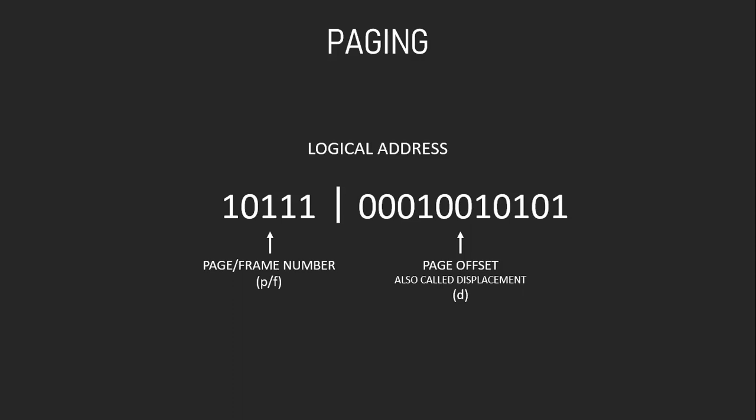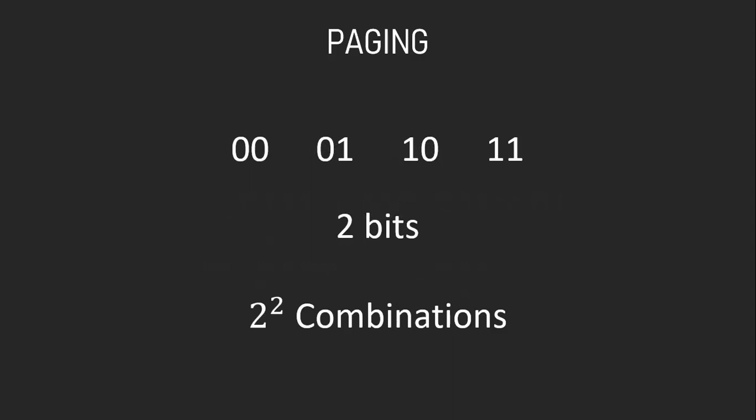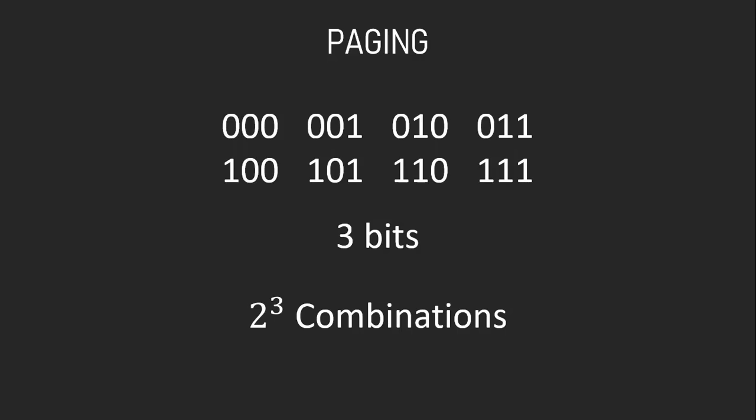For that, you need to know a bit of binary math. Possible combinations of a bit sequence depend on the number of bits. Right? For example, a 2-bit sequence can have 2 to the power 2 or 4 combinations, and 3 bits can have 2 to the power 3 or 8 combinations. So you can find the number of possible combinations by raising 2 to the power of however many bits are